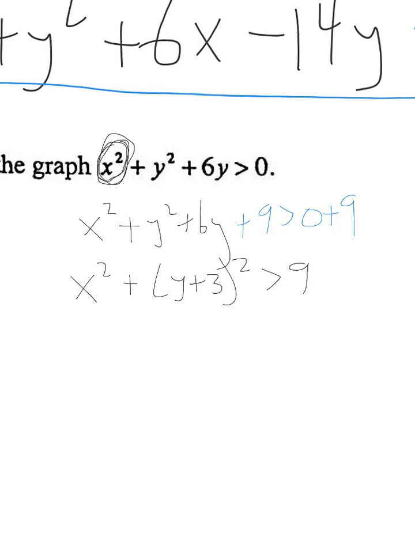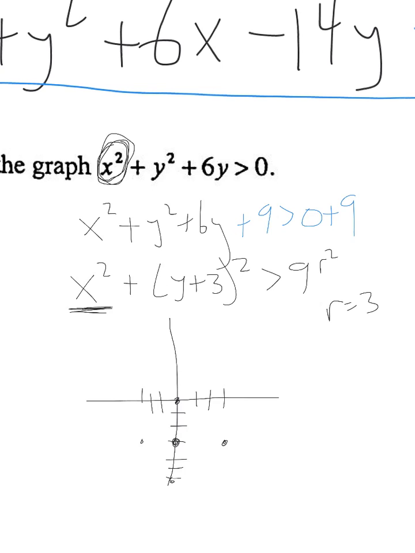So at this moment in time, pretend like that inequality is an equal sign. And let's go ahead and graph the circle. So the center, since there's no quantity here in the x group, is at 0, negative 3. The radius is 3, because 9 is r squared, so the radius is 3. So in every direction, let's go 3. 3. 3. 3. 3. We're going to draw the circle, but we now have to keep in mind that this is an